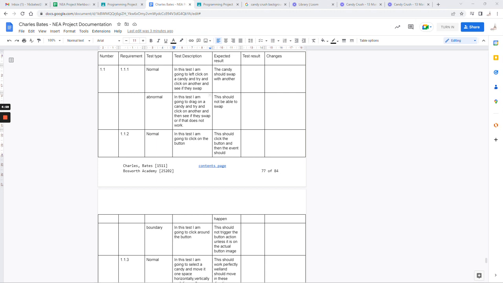This is Charles Bates, Computer Science NEA coursework, and I'm going to be testing the functionality of my game, making sure that everything works as it's meant to, and making improvements if needs be. At first I'm going to start with requirement